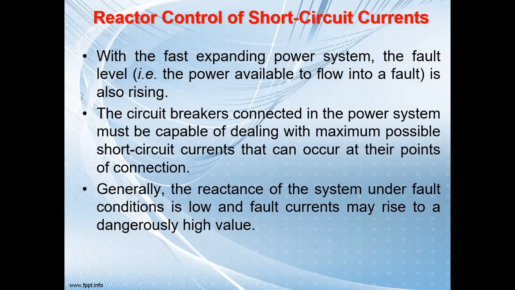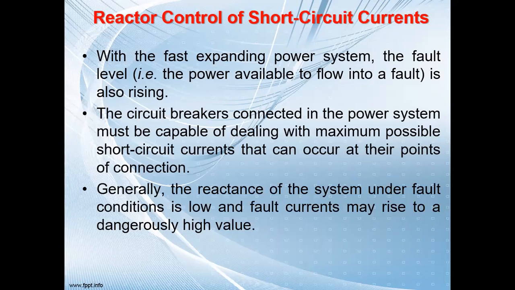So let us understand. In a system, the generator is there, and after that, obviously, there will be a circuit breaker. The circuit breaker makes the switch on and off with the help of the relay. Let us say that circuit breaker is designed up to 1000 ampere. The equipment connected at present can carry current up to 630 ampere. Now more load is connected into the system, and the current has increased to 1500 ampere.